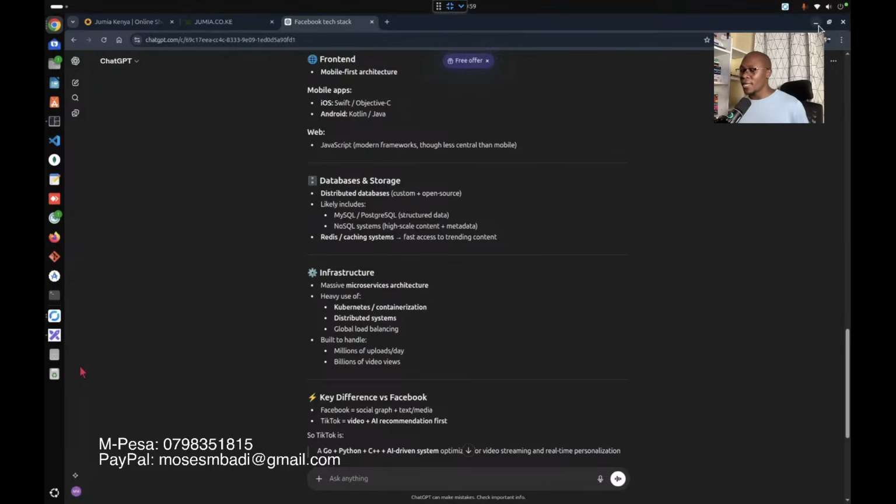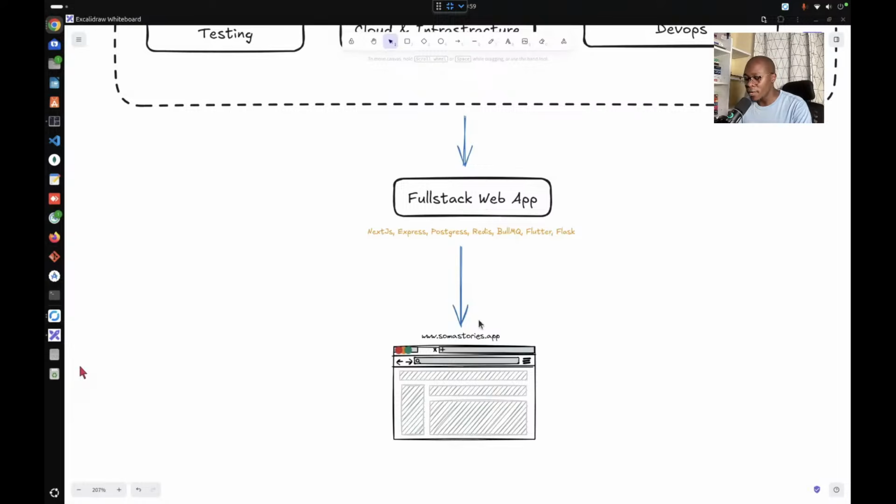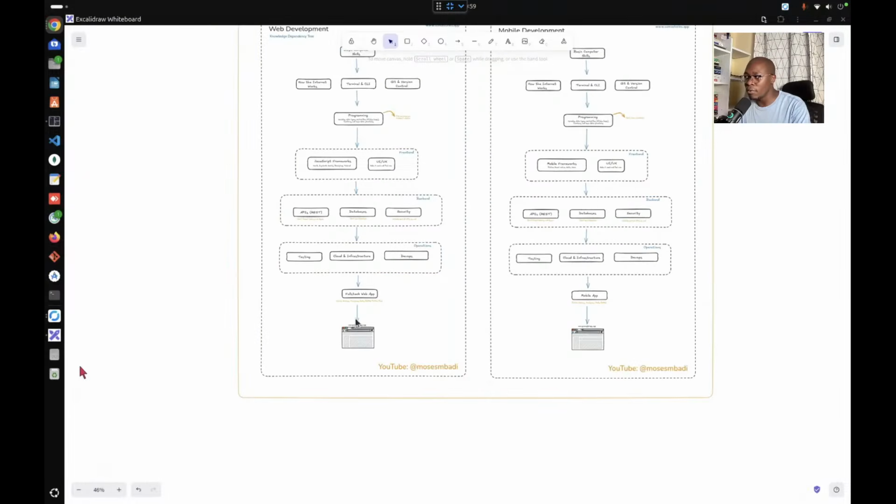So most of the production systems that we use, Facebook, Soma Stories, eCitizen, Bank of Rwanda, Bank of Uganda, it just doesn't use one framework like React and Python. No, it uses quite a lot of technologies, each doing its own work, so that the entire platform works okay without any issues. So now, what if you wanted to do mobile development?